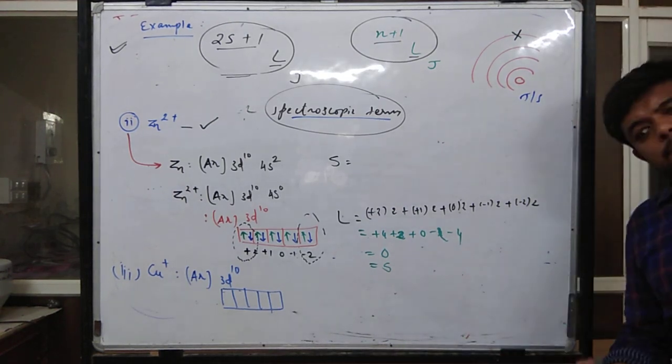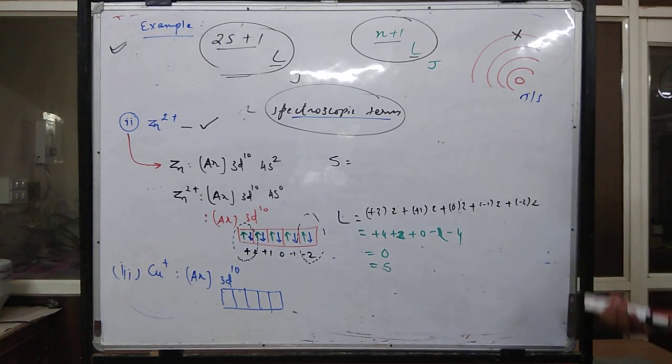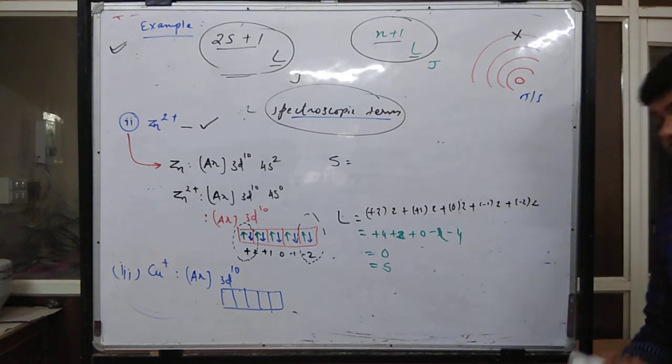The earlier example, it was 3d2. Will the same be possible for vanadium 3+? Definitely yes. Will the same be possible for chromium 4+? Definitely yes. So these are the important points that we should keep in mind while moving from one thing to another thing. And this is how we should work.